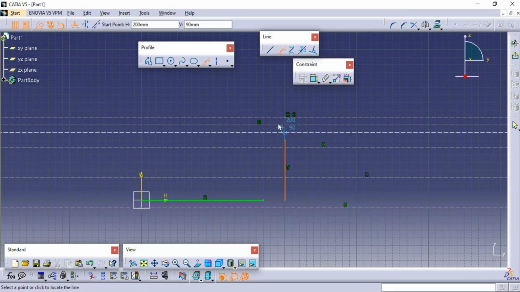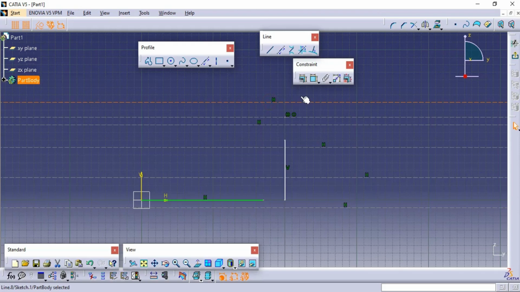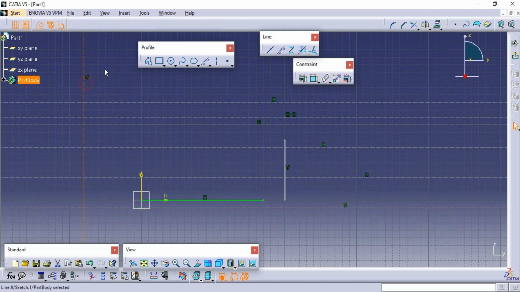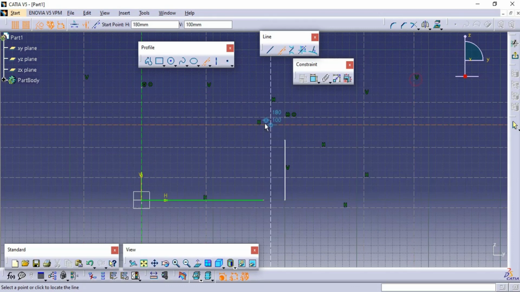Okay, so this is a reference line, also known as an infinite reference line. Next to that, when we click on that reference line, here you will get the different types of lines. The first line is the horizontal line, the second line is the vertical line. If you want to generate a vertical line, you have to click here and you can generate these vertical lines.